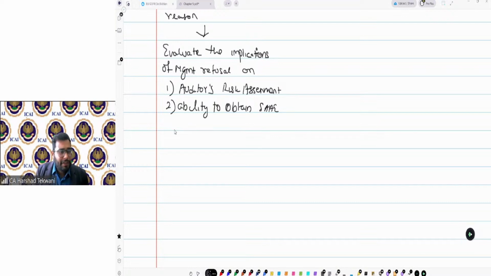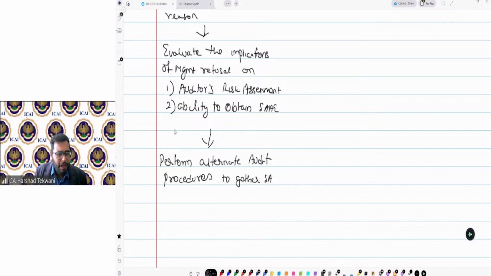After verifying the implications, either I need to perform alternate audit procedures together to get sufficient and appropriate audit evidence.